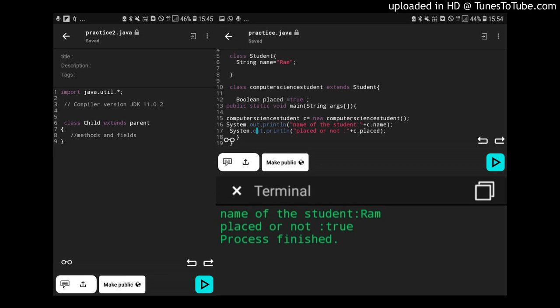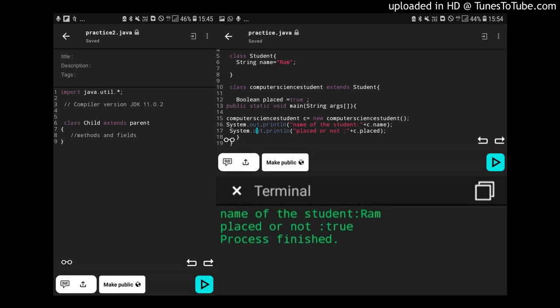name, where c is the object here. Then in the next line, we print out whether the student is placed or not. So we simply print out c.placed.